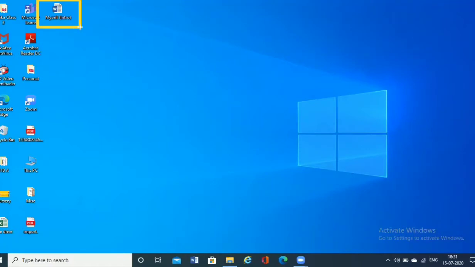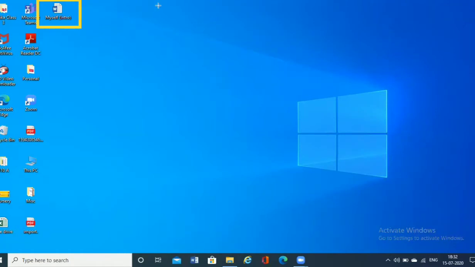Right? So these are the two ways in which we can deal with a file or a folder. The same we can do with a folder. Once we copy it, the duplicate copy gets shifted and the original stays at its position. Whereas in moving, with the Move to option, the original file gets shifted.